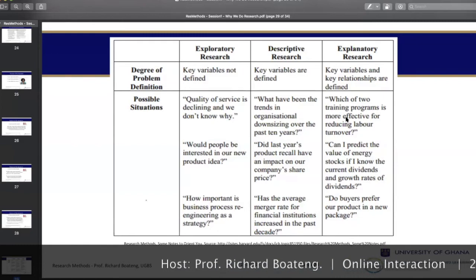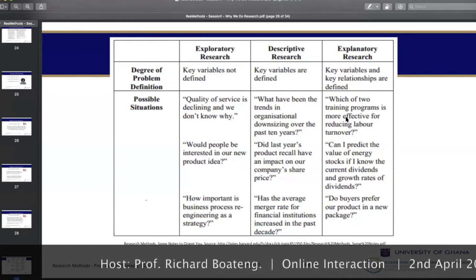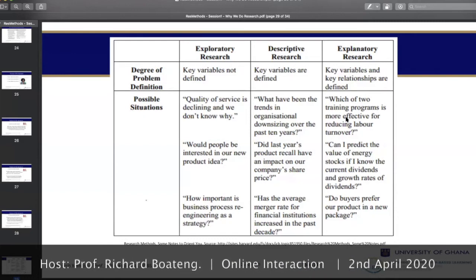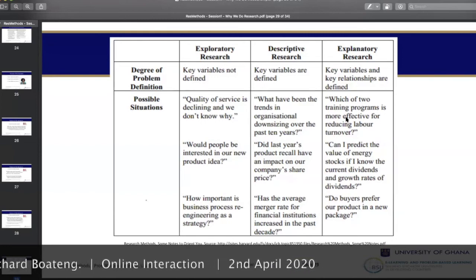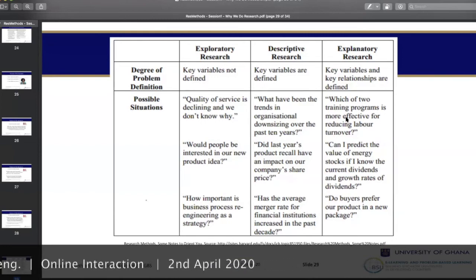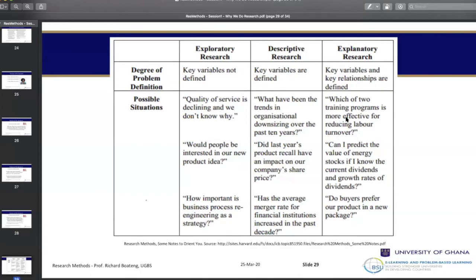So you see that there are different types of questions that are asked in these particular types of study. A table like this is a good opportunity to know the possible questions that can lead to exploratory, explanatory, or descriptive. Don't just say that because you are saying what, it's an exploratory question, or because you are saying how, it's a descriptive question, or because you are saying why, it's an explanatory one. How and why can be explanatory. And sometimes why can also be exploratory, depending on the depth of knowledge we have concerning a phenomenon.